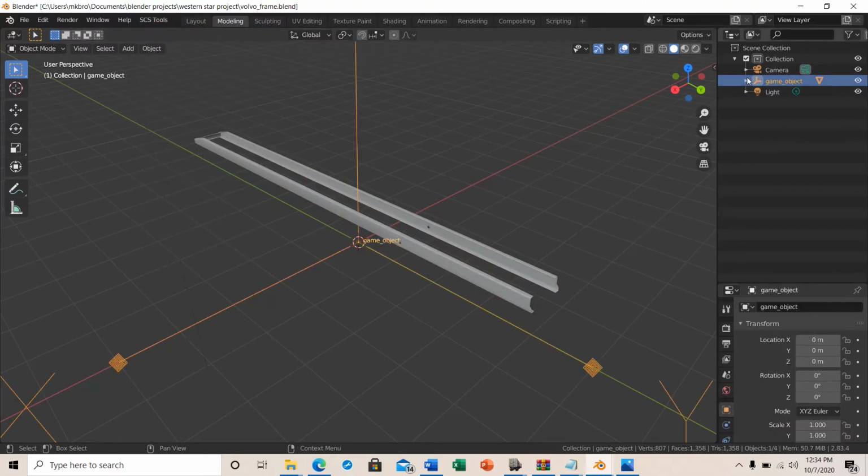And now you have created a game object, and we're going to rename this game object. In order to rename it, just double click on the name. And we're going to name this truck. It doesn't have to be a complicated name, just truck. And I'll put legacy or leg,